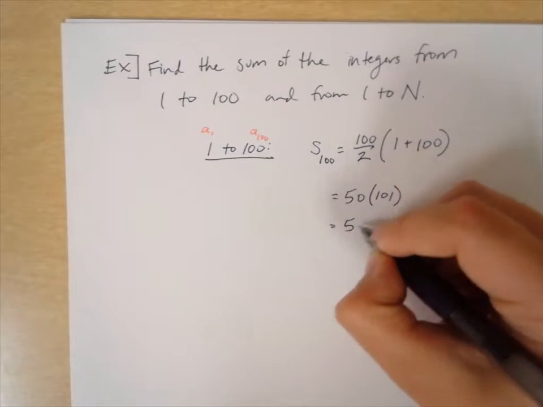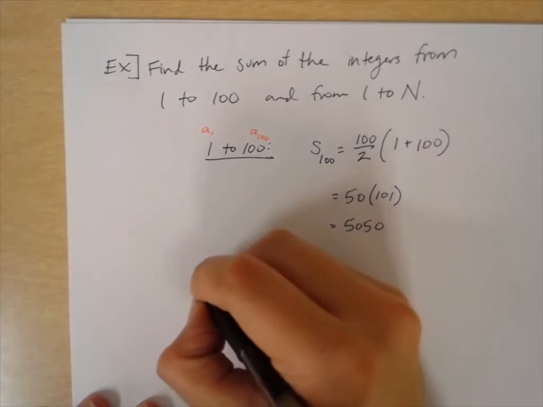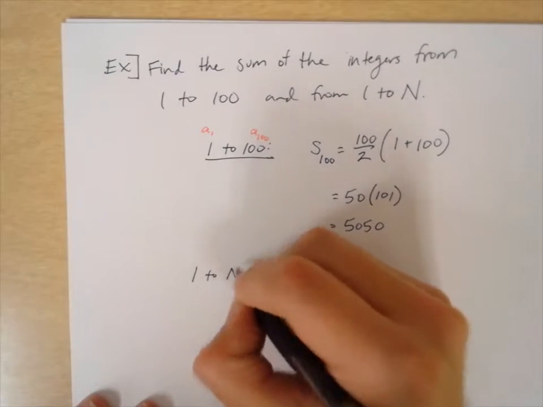When I do that, I get 5,050, and that's my answer. A lot of this, as you can start to see here, is just identifying what's your first and what's your last term. So for the case from 1 to n,